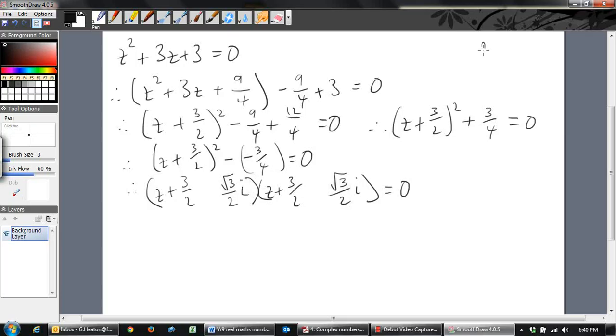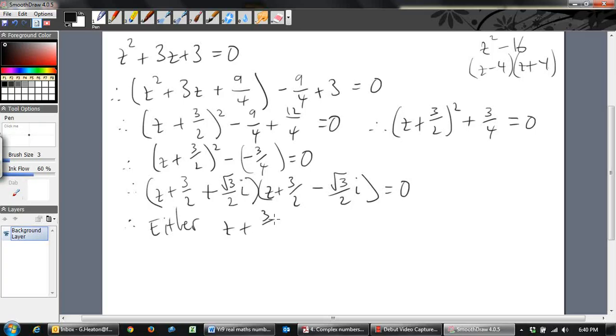Just to remind you, if you've got z squared minus 16, what does that factorise down to? It goes z minus 4, z plus 4. And so we're taking the square root of each of those. The square root of negative 3/4 is root 3 on 2i. And in the difference of perfect squares here, we've got a plus and we've got a minus. Now this is factorised, and what we're going to do is take our solutions from there. So therefore